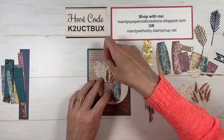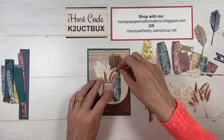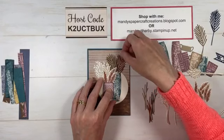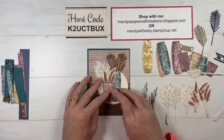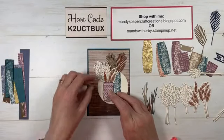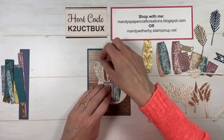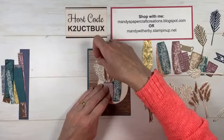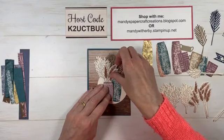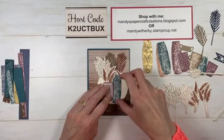So yeah, you just play around. This is how I create. When I'm creating, I just get all the things out. I just play around, see what's looking good, what's vibing. And it's just lots of fun to just play. And that's when you end up with all these extra little bits that you can then use in other projects, because you end up with lots and lots of bits that you don't use. So yeah,